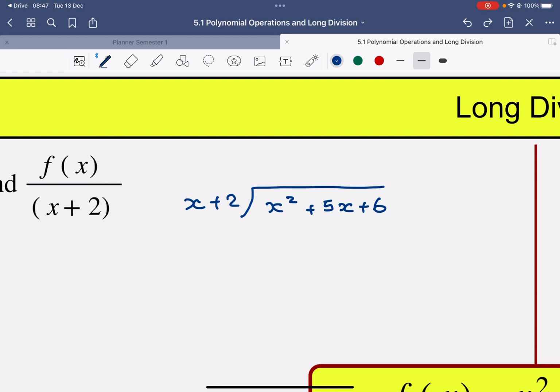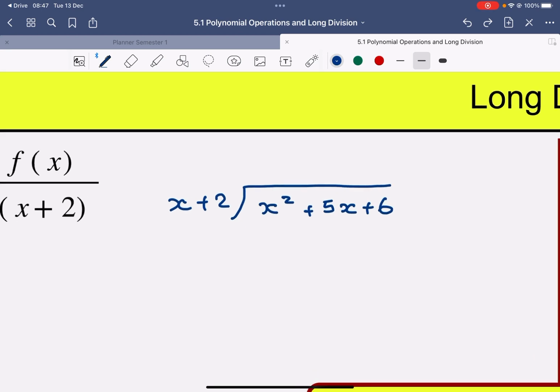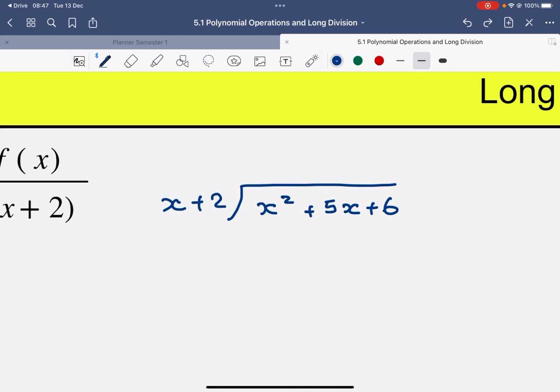So if I divide something by one of its factors, I should get a remainder of 0. So let's check and see if we do get that and see what happens with some of the other ones. To do long division, I take the x squared here and I divide it by the first term, which is this x here. So x squared divided by x gives me just x. Now I multiply this green x by the 2 that's in front of the long division, and that gives me